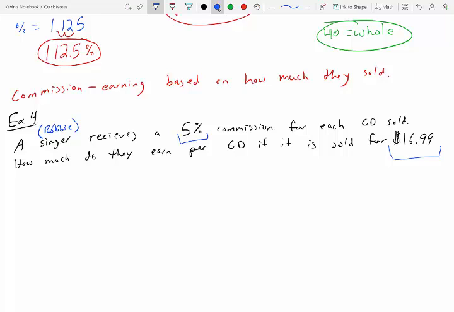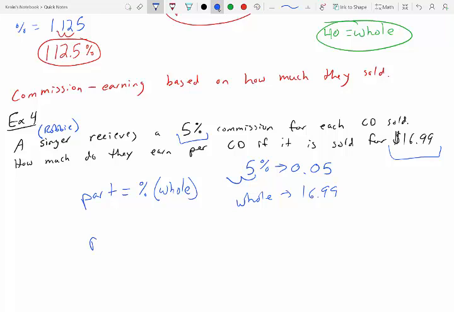So again, we have 5%, and it's sold for $16.99. What are we looking for? We're looking for the part. So our part equals our percent times our whole. So if we put 5% into a decimal, move it over twice, we fill in that one with a 0, and so we have 0.05. Our whole is how much they're selling the CD for, so 16.99. And if we fill this into our equation now, we get part equals 0.05 times 16.99. And if we multiply that out, our part equals